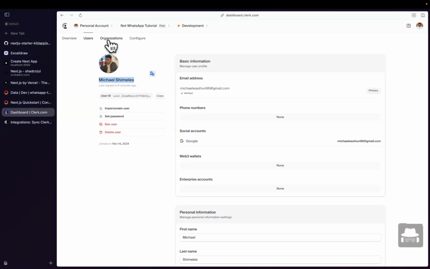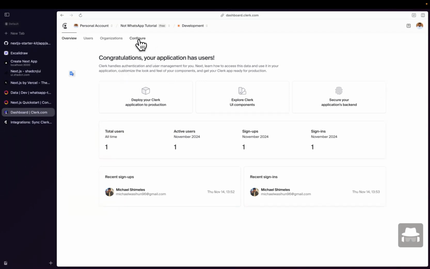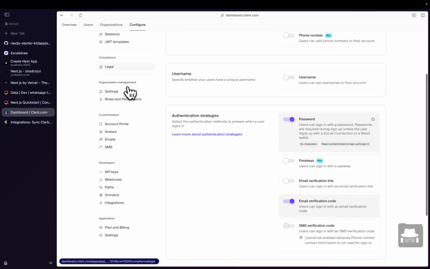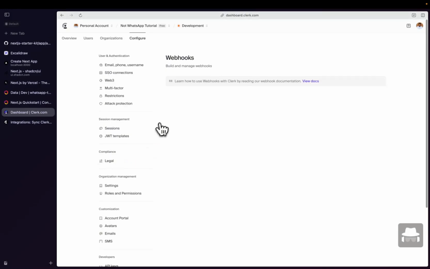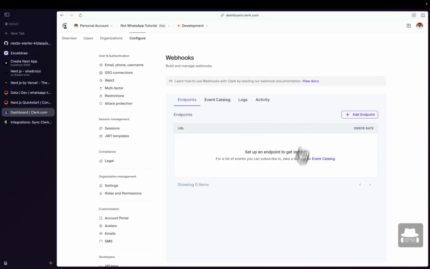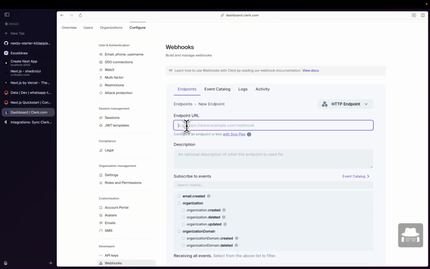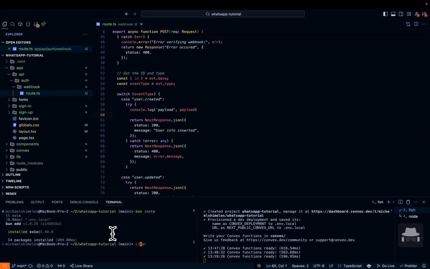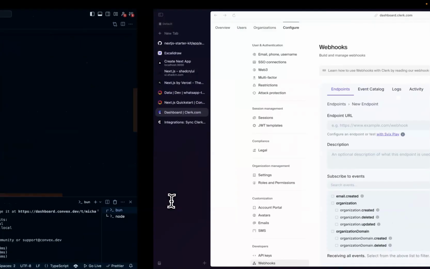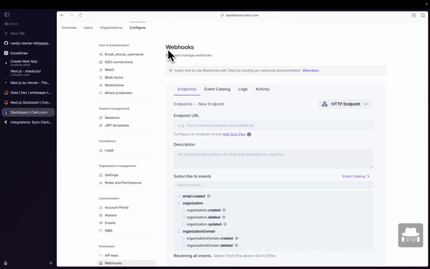Now what we need to do is tell Clerk what our webhook API is. So I'm going to go to configure, and then I'm going to go to webhooks, and I'm going to create a new webhook here. So I'm going to click on add an endpoint. Now here's the thing. If I add my localhost endpoint here, it's not going to work because my localhost, guess what, is local to my device, right? Clerk will not be able to access my localhost. So I need to find a way where I can expose my local deployment to the internet so that Clerk can